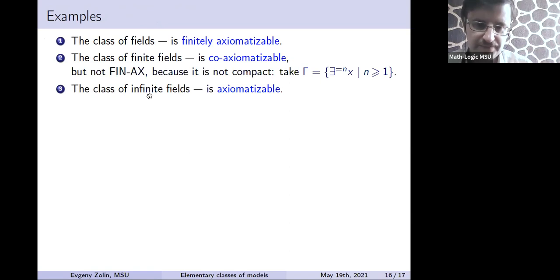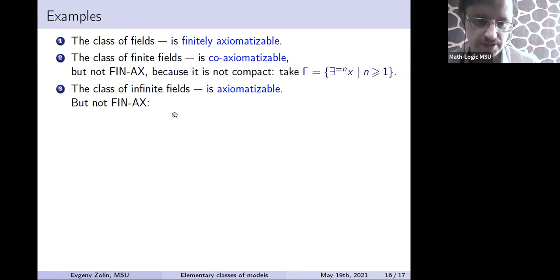The class of infinite fields is axiomatizable. Of course, we simply take all fields, the axioms of fields, and also these axioms: there exist at least 2 elements, at least 3 elements, and so on and so on. It will be an infinite axiomatization, of course, but still an axiomatization. But it is not finitely axiomatizable. We cannot do better,